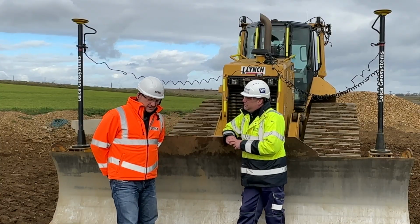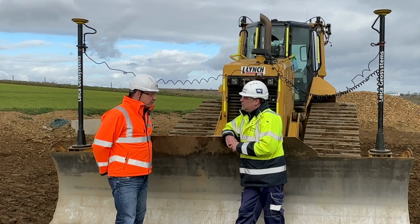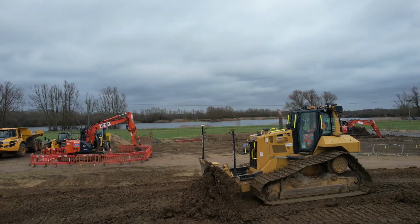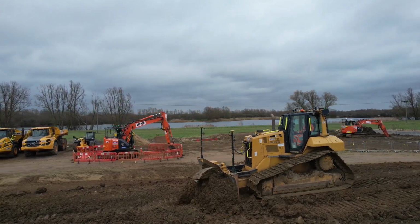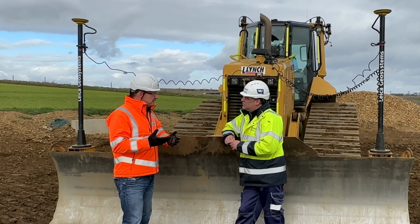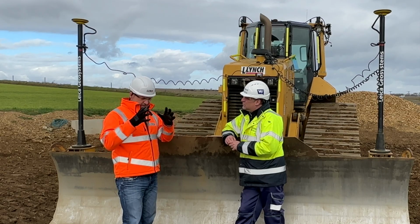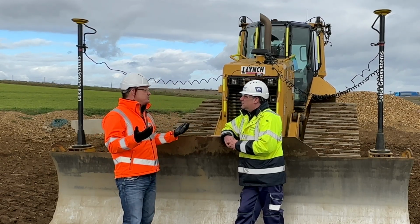It does. We started this 2.5 years ago, so we had the vision of just growth. Like anything, we wanted to progress. The first initial thing we wanted to do was make sure that we got our operators from good to great. The technology that we've got with the Leica system, a lot of our customers want that on their machines on site. So we wanted to get the operators in, and we wanted to internally train them for that project, whatever that project may be, for the HS2s of the world,